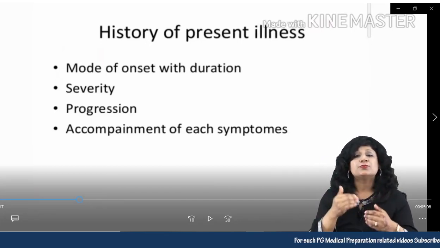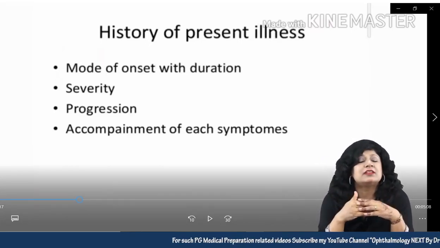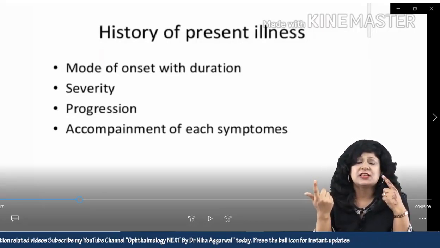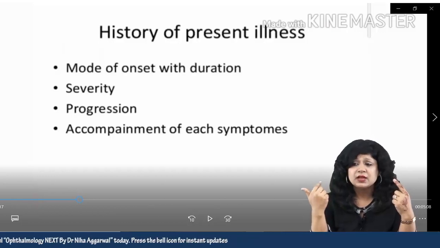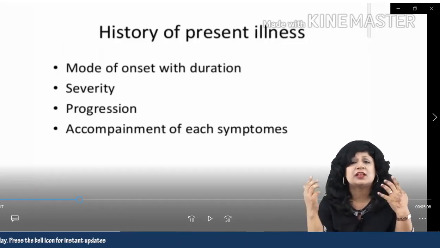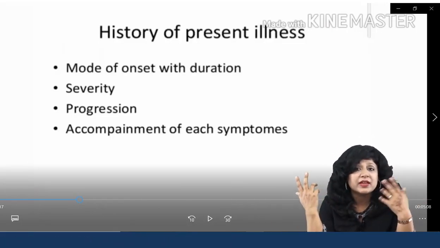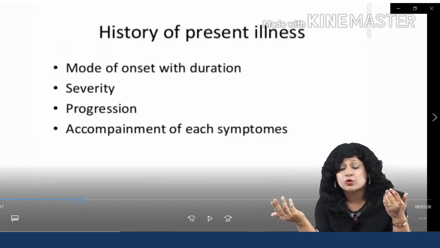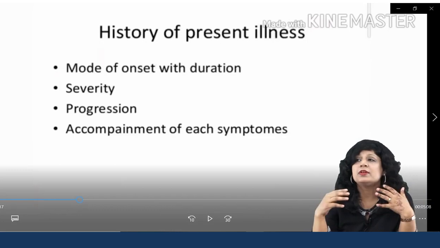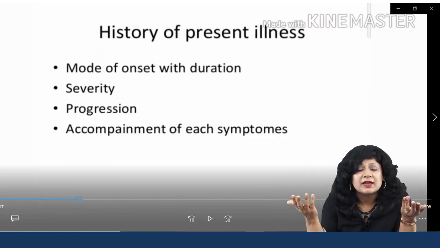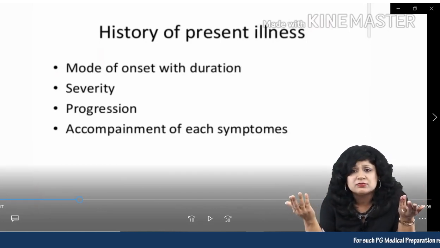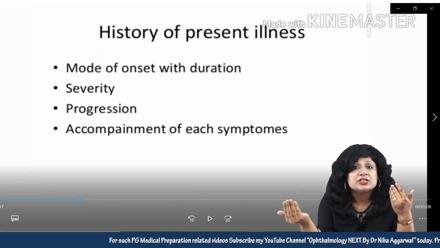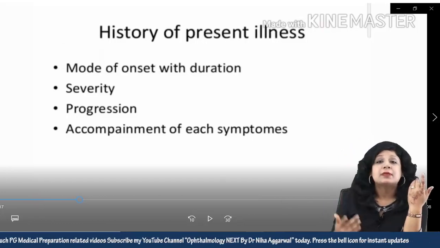So that forms a very important differential diagnosis and a very important clue about which direction I have to think. The patient is having gradual, painless, progressive diminution of vision. There is a separate range of diseases that I am going to think about. I am going to think about cataract, I am going to think about open angle glaucoma, not angle closure. I am going to think about pterygium, astigmatism, macular degenerations. These are the things, diabetic retinopathy I can think.